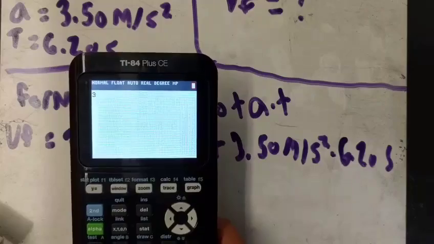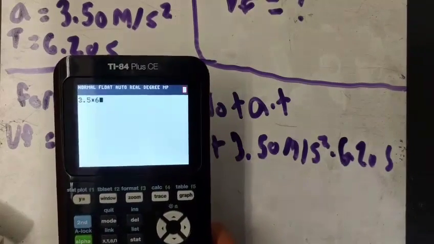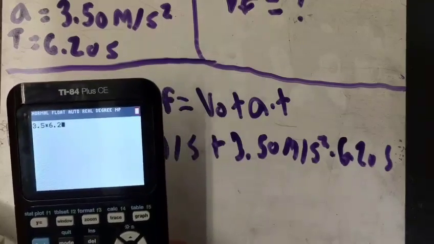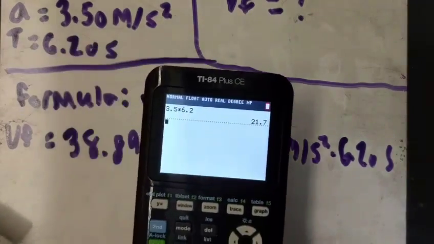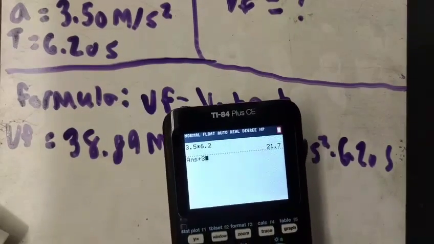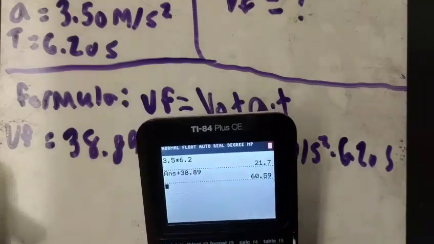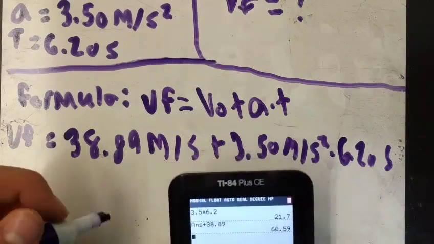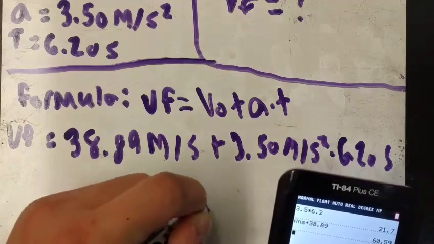So 3.5 times 6.2. This pretty much gives us our increase of velocity. And then we add our initial velocity of 38.89 to get our final velocity of 60.59. So velocity final is equal to